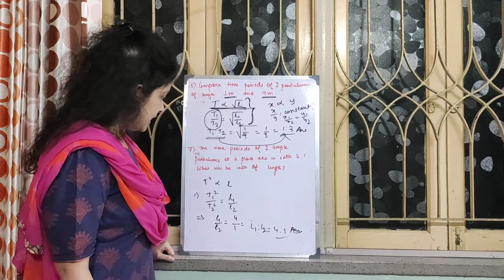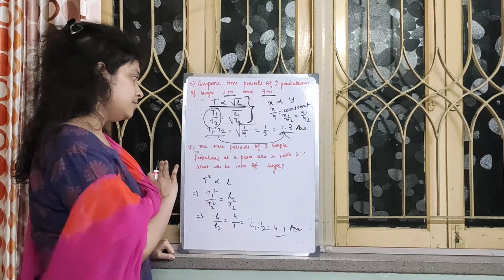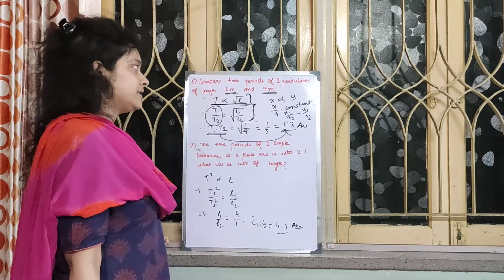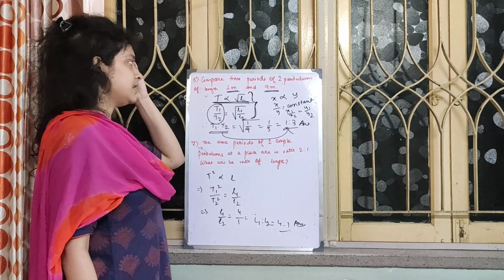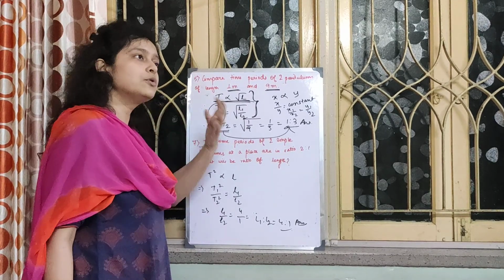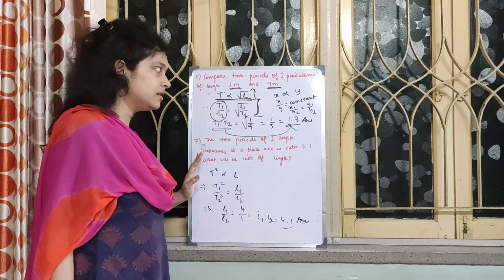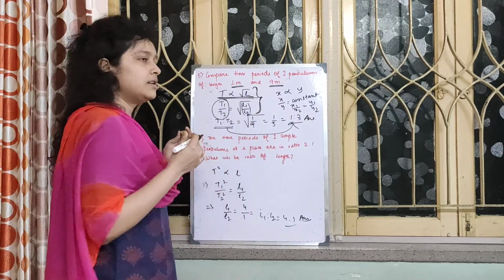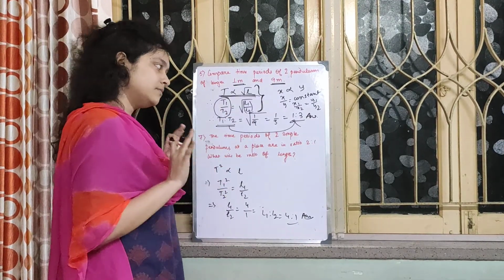Okay. In the second one, the time periods ratio is given, and you have to find the ratio of the length. Now in this case, for sum number 5, the lengths were given. If the lengths were not given and the ratio was given, then also it is the same thing, because you are anyways applying the ratio here. L1 by L2 is L1 is to L2. So even if the ratio is given or the lengths are given, that's the same thing.